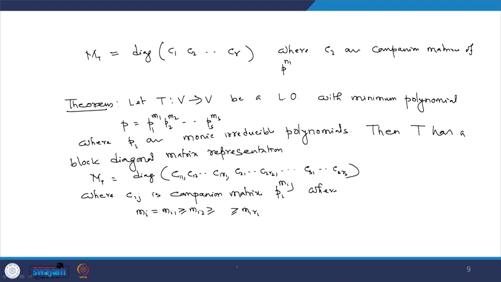M_T equal to diagonal, where the diagonal entries will be C11, C12, up to C1R1, C21, up to C2R2 and like that, where Cij is the companion matrix with respect to the polynomial pi to the power mij, where again the same relation holds, that is mi equal to mi1 greater than or equal to mi2 greater than or equal to mi3 and so on. So, both the results, the lemma as well as these theorems, the proof of